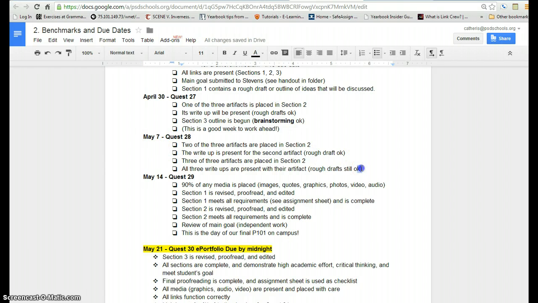This is going to be a little bit beefier week. You're going to be focusing on getting 2 of the 3 artifacts placed. Once you have that done, you'll place your final and 3rd artifact, and you're going to have at least a rough draft of all 3 of your write-ups being present. So by the end of May 7th, that week, midnight Wednesday, you will have all 3 of your Section 2